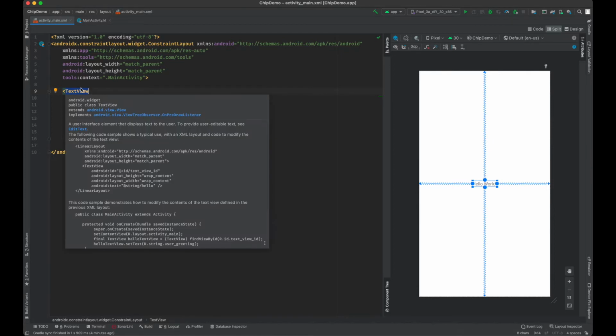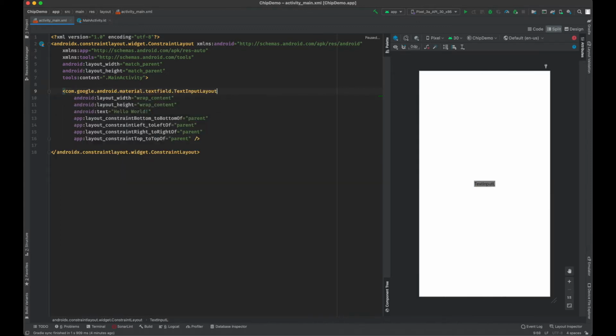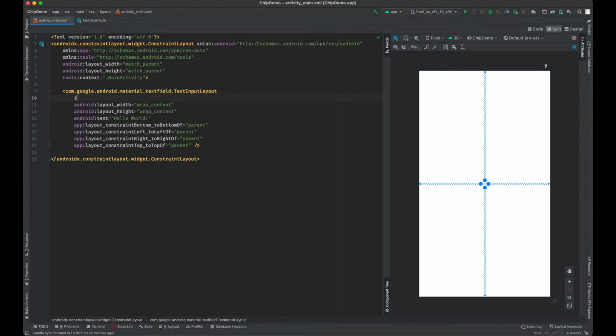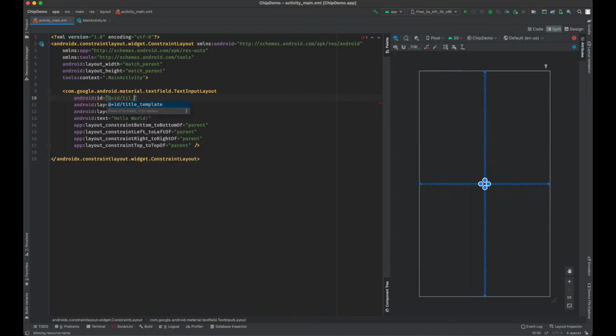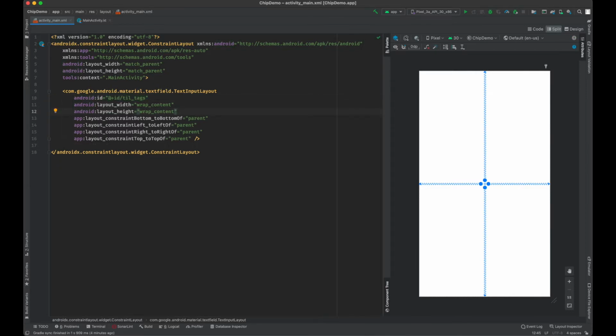We will be putting autocomplete text view inside text input layout. So first instead of this text view replace it with text input layout. I will be using this autocomplete to fill this thing, and we'll be putting the ID. I use til underscore for every text input layout, so using this. So let's say we are calling these items as tags, and we don't need this text parameter now, so deleting it and adjusting the layout to match our requirement.